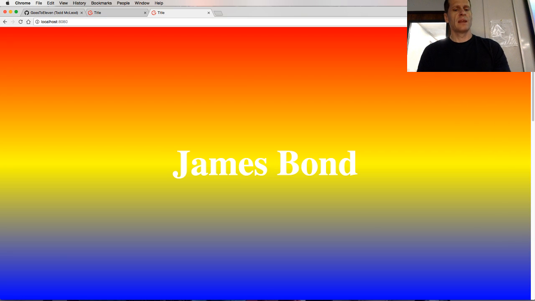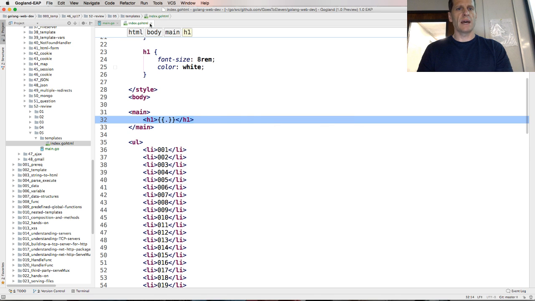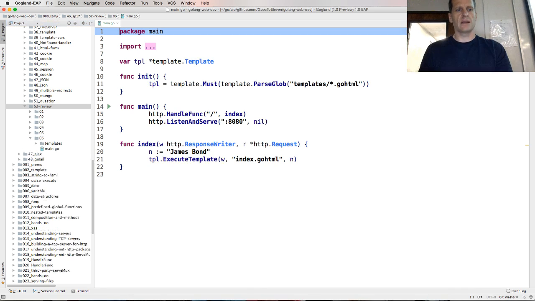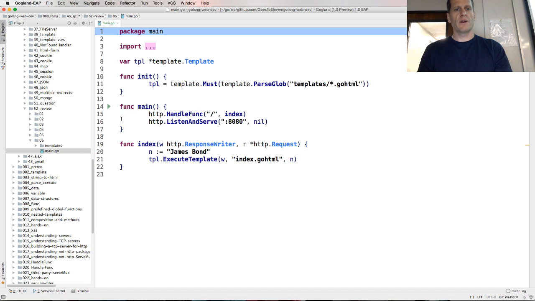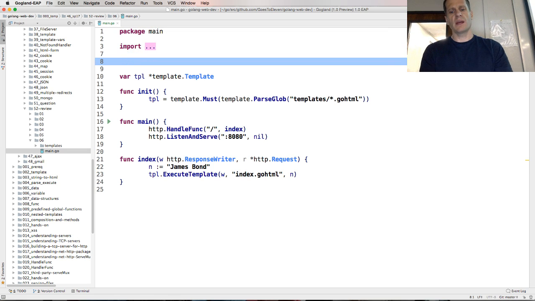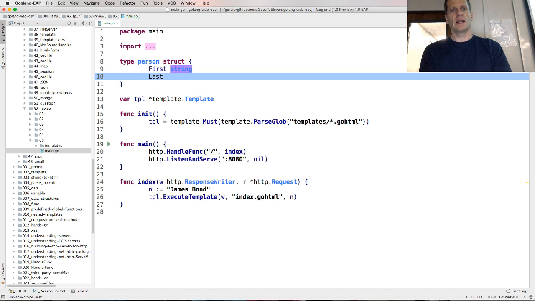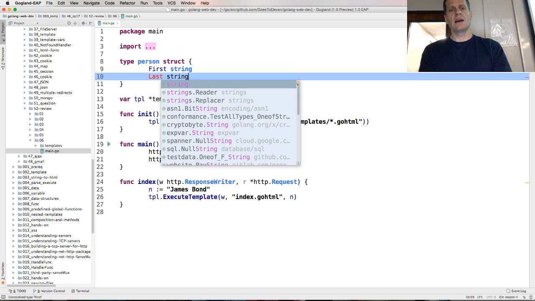pass in the data. And then the next thing I could do is pass in data structures, aggregate data types, composite data types. And so if I wanted to, I could create a variable. And I think before variables, it kind of makes sense to do types, because then you create a type and then you create a variable of that type. So just logically trying to think of my top-down order, I'll do my types first. So type person is underlying type struct, and I could say there's going to be a first name, which is a string, a last name, which is a string, and I